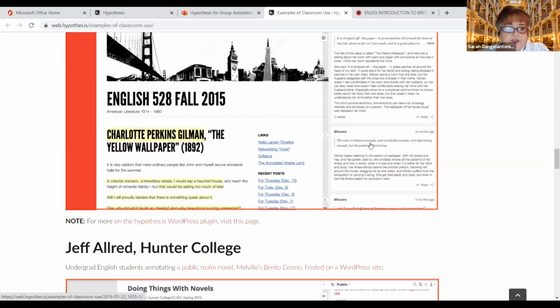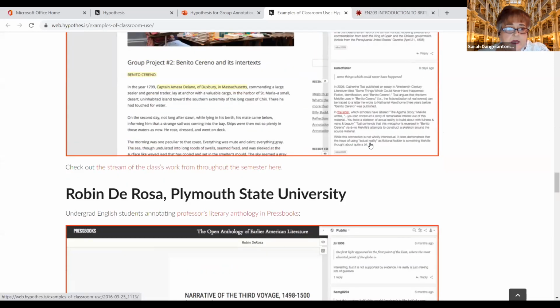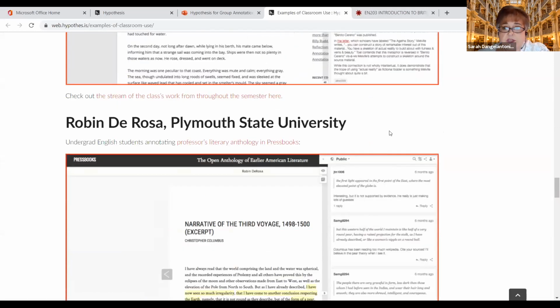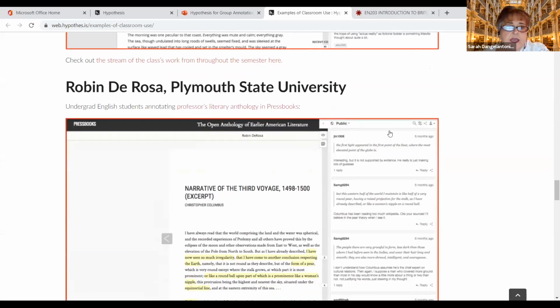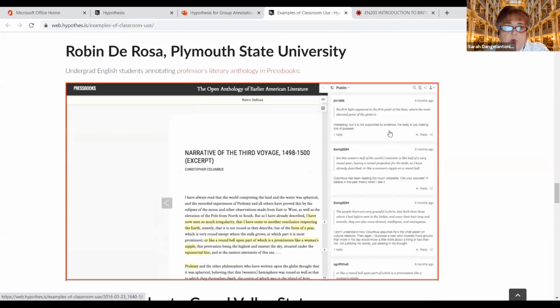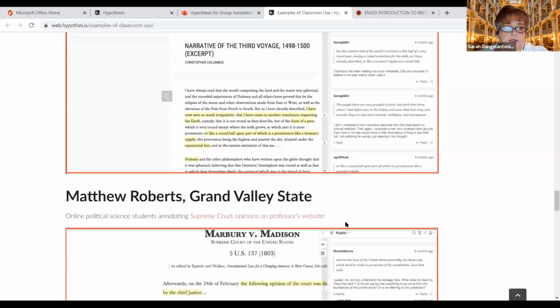And more English faculty using it. Robin DeRosa, who'll be speaking with us next month, she's up at Plymouth State University, has students working with her on an open source anthology of American literature. So this is an open source free textbook where she actually is having her students help her in the creation and refinement of that product.